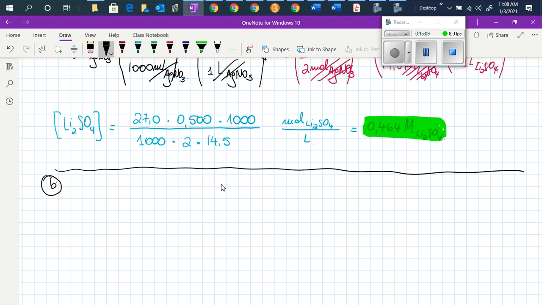So I will rewrite the balanced chemical reaction again, so that we can write all the information that is either figured out or given in our problem. So lithium nitrate